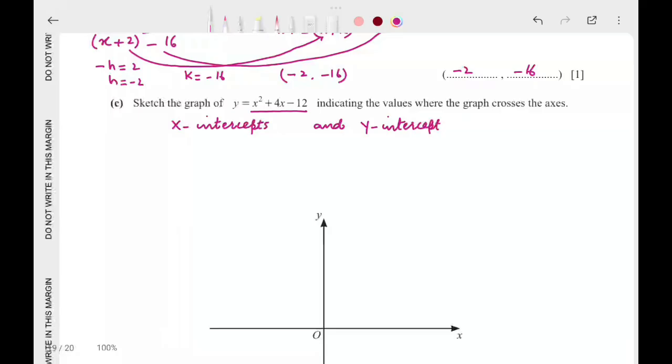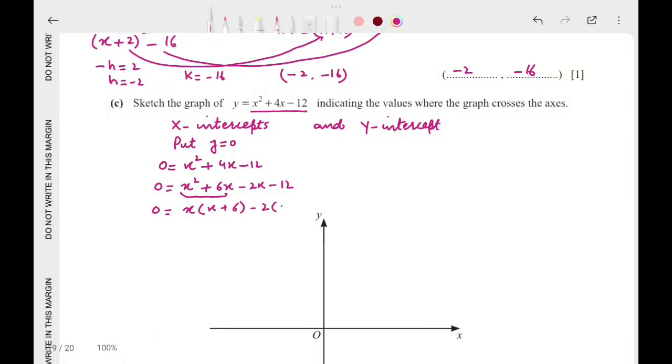To find out the x-intercept, we have to put y is equal to 0. So 0 is equal to x square plus 4x minus 12. We will break the middle terms. So it would be x square plus 6x minus 2x minus 12. So taking x as common, x plus 6 minus 2 x plus 6, so it will be x plus 6 and x minus 2